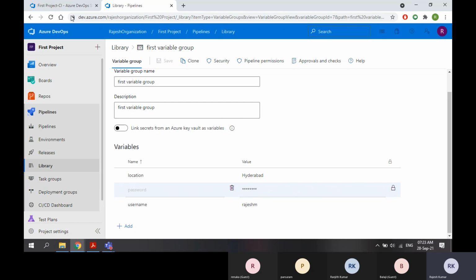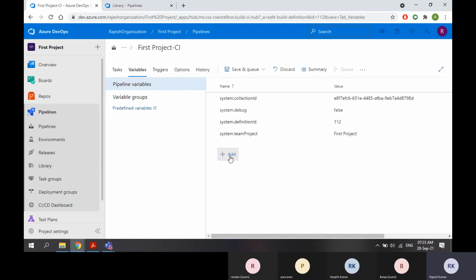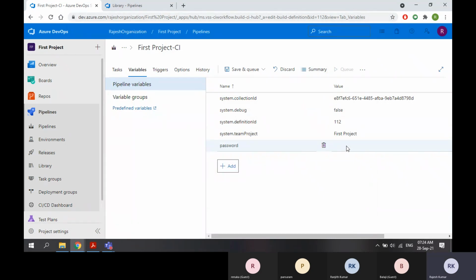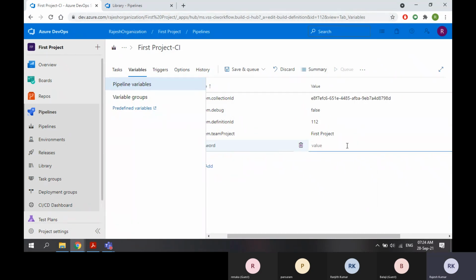Whether you create in a variable group or whether you create here also. If you come here and create here, let's say the same one, let's just say minute 1, 2, 3, and here also we have the same lock option.